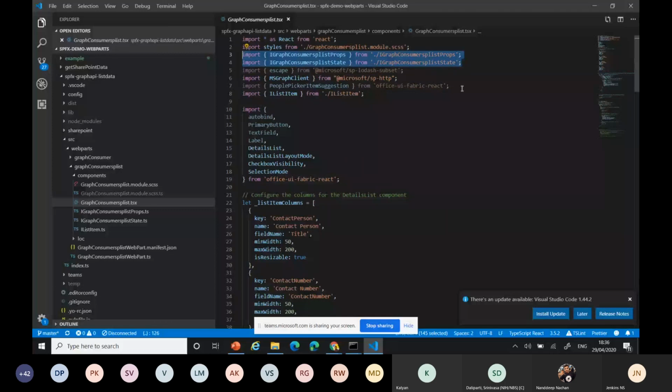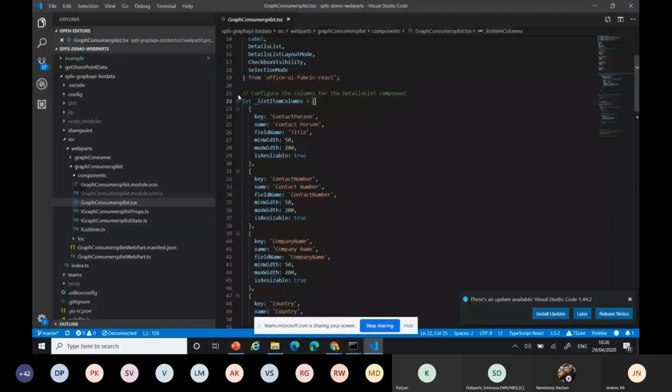Then I use my list item, with the properties I want to bring, that is, a particular table column, right? I added these controls. I'm using the DetailsList from Office UI Fabric React, now Fluent UI. It's moving. Then I created one details component for what values are going to come for the particular DetailsList component. This is how I added the headings.